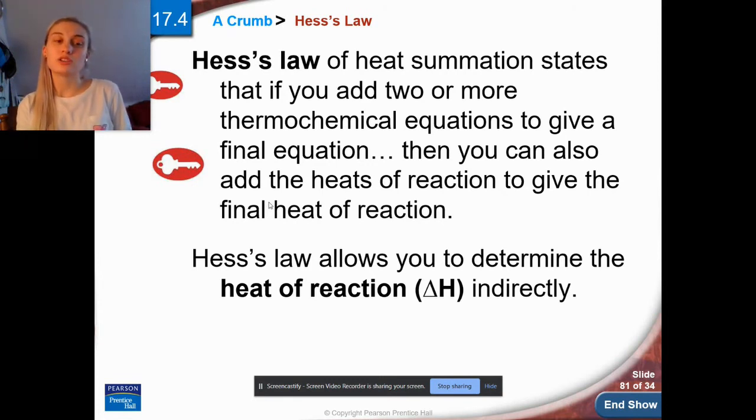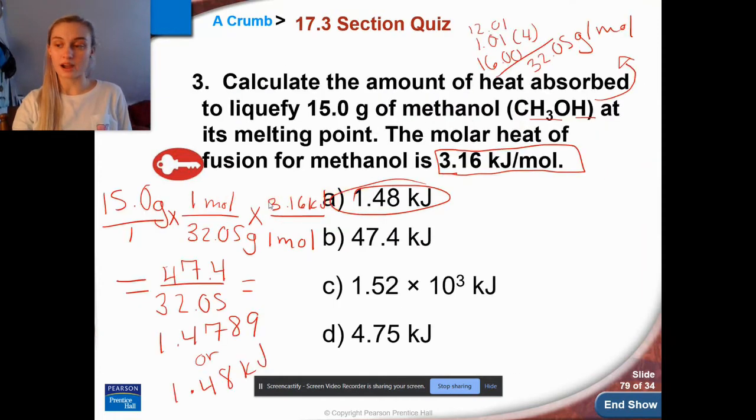And so it's like an easier way to determine the heat of reaction than doing all the equations individually if you know that they're equal, okay? Unfortunately, there's no examples in this slide, but now we can go back to